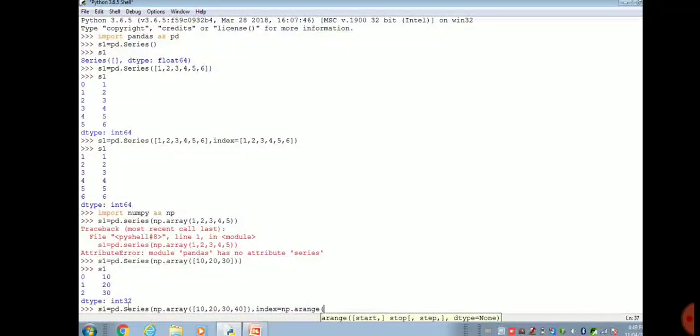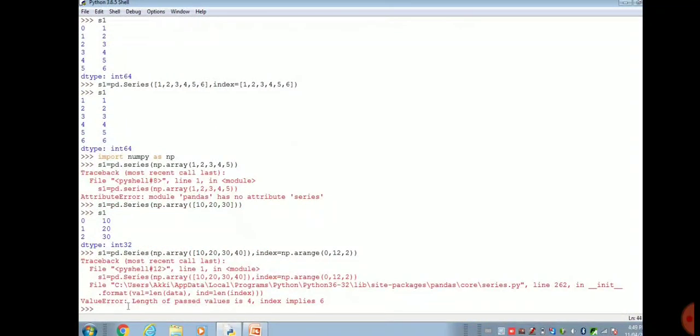With the help of the arange function, np.arange is again available with numpy. So 0 to 12 we will get the values. Here it's showing an error because of the values that I have given, 10, 20, 30, 40, only 4 values, and the index that will be generated will have 6.